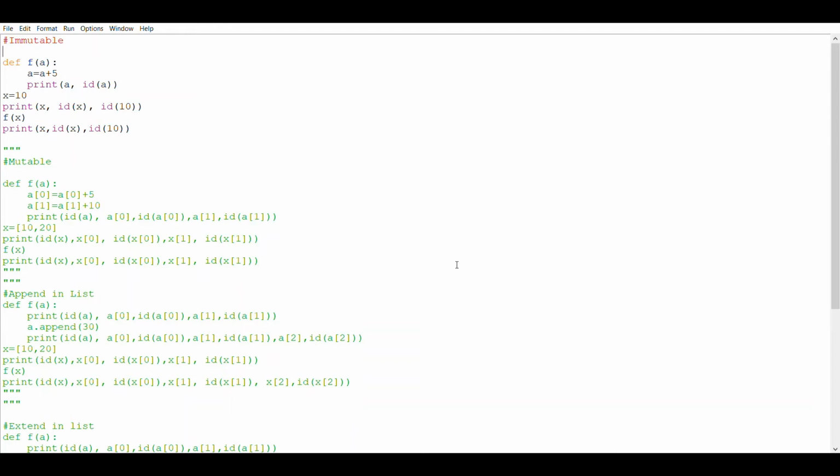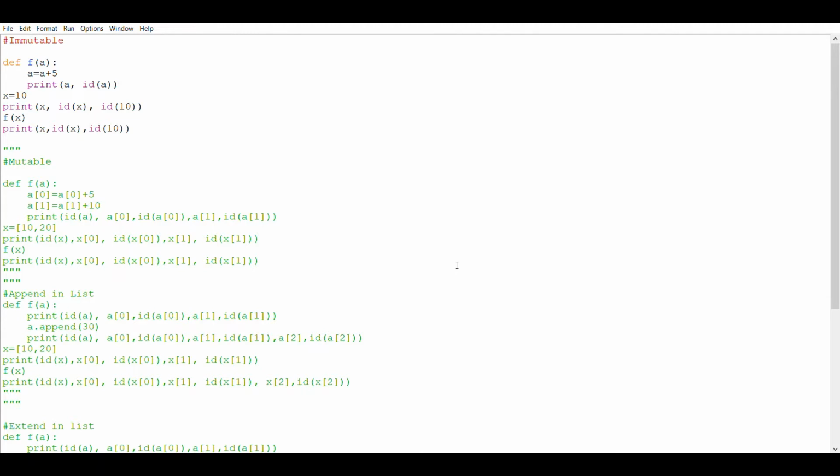Hello students, today I am going to discuss the behavior of mutable and immutable type of arguments during function call. When we pass values through arguments and parameters to a function, mutable or immutable data type or values plays important role.